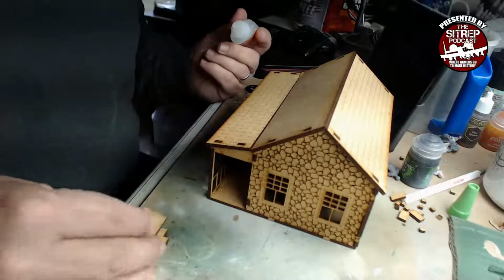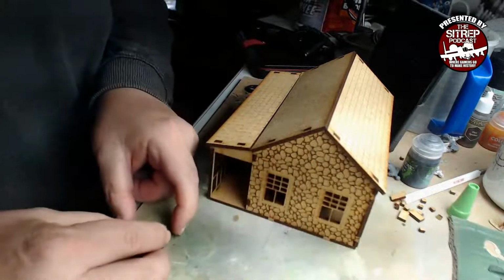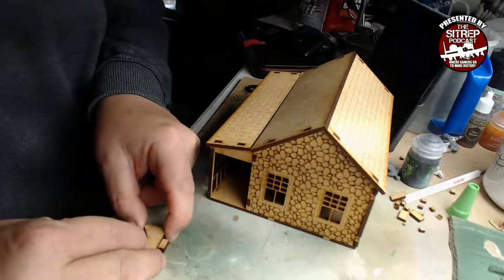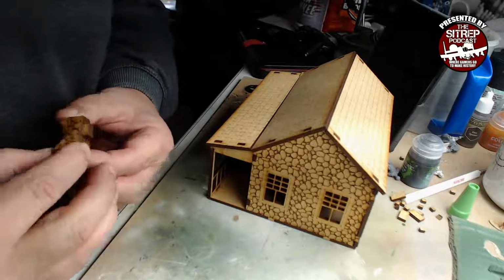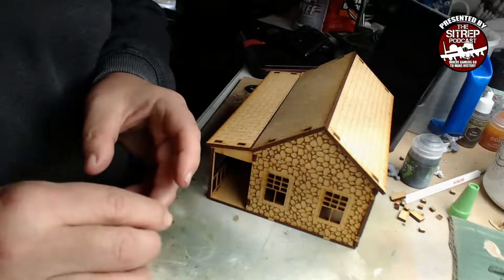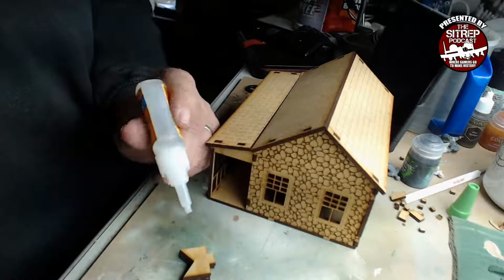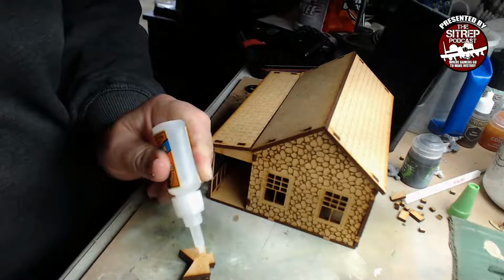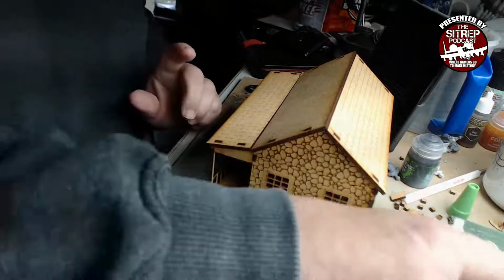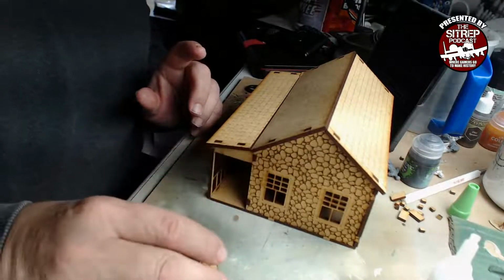You only need a few dots, really, especially flat surfaces. My original plan for today's video was to be out in the... Sorry, guys. I didn't do that at live air. Son of a... was to start working on a table because I got some...